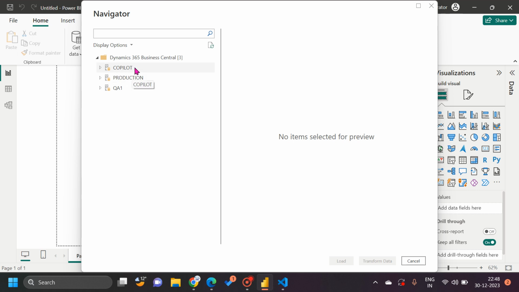So one is the Copilot, which is again a sandbox. This is a production environment, and this is also a production environment. Sorry, this is a production environment, and this QA and Copilot are the sandbox environments. Okay, so let's say I want to create a report for my sandbox environment. So just open this,